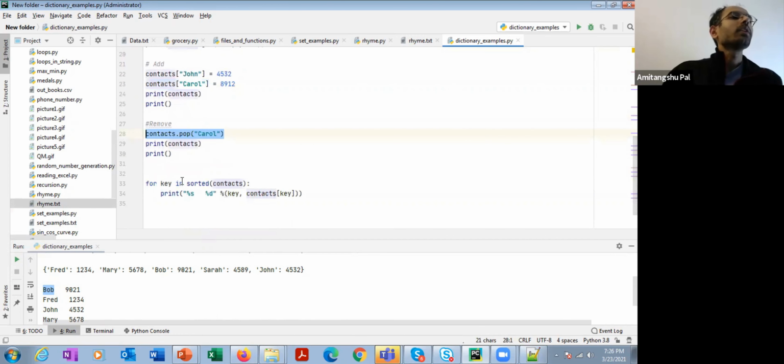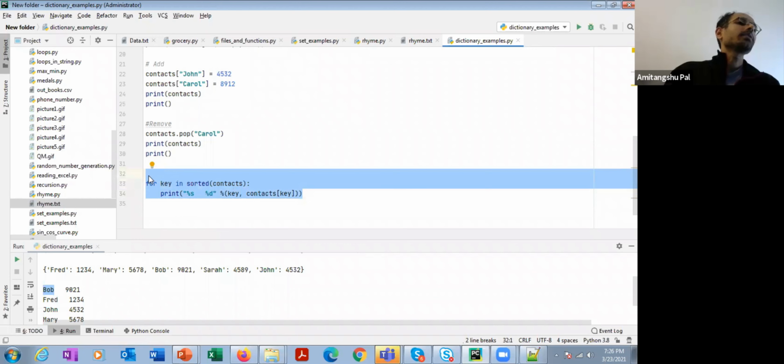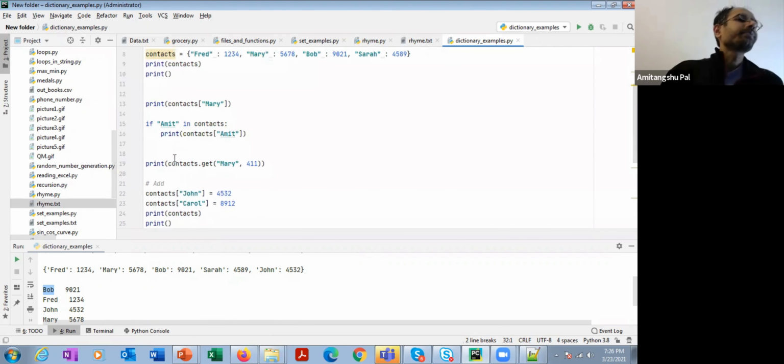Here I have also shown you the use of the sorted function. This whole thing is going to print the dictionary in a table format. If I give the key to a dictionary, it is going to return the value.